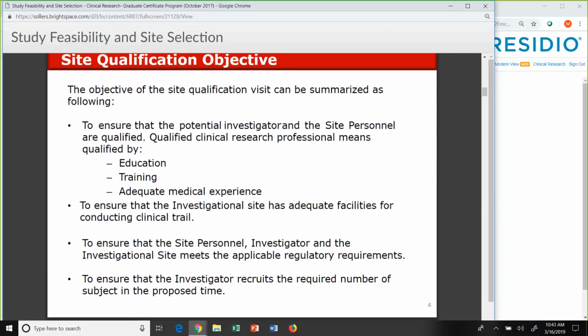Okay. Thank you, Bendu. From the sponsor side, we need to ensure that all the site personnel, investigator, and the site meet all the applicable regulatory requirements to participate in the study, and also to ensure that we have the right patient population. Okay. Again, according to Scripps, Tufts just came out with this one. Tufts Institute just came out, and many others. Scripps Institute will come out with this. Any other given organization will tell you